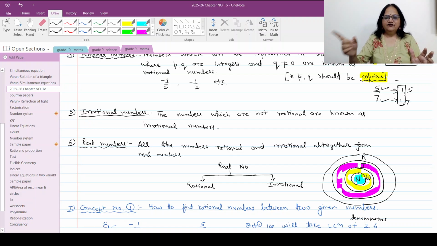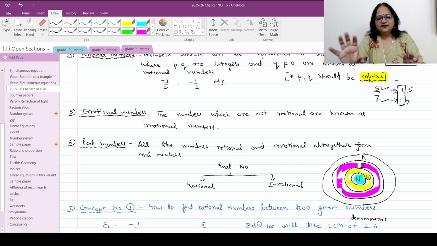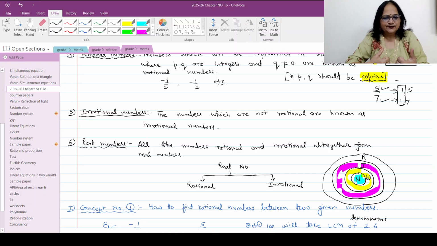Okay. Then we have real numbers. So real numbers include rational numbers and irrational numbers, means fractions are there, decimals are there, everything is there. And how to decide whether a given number is rational or irrational? That depends on terminating, non-terminating, repeating decimals. So that we will be doing in the next lectures. So in this first lecture, we have discussed the basic numbers of the number system.